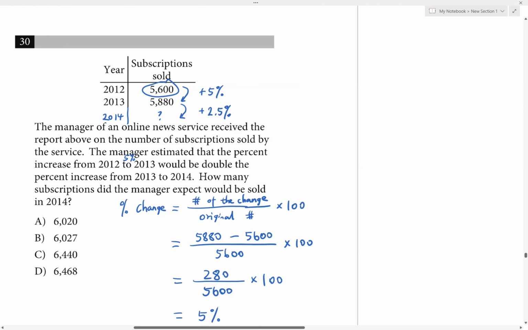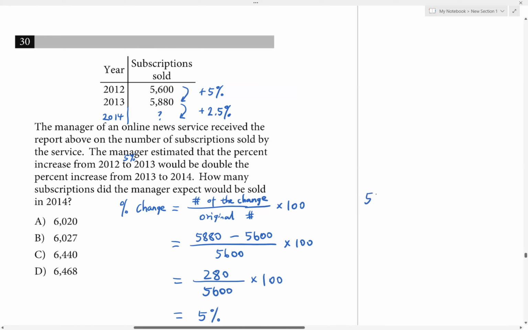So I had to slow down a little bit and read it very carefully. For the second percent change, we can't assume it's getting bigger. It's actually getting smaller, so it's a smaller percent increase. Now we have to figure out what the number in 2014 is. Since it's increased by 2.5%, we already know the percent change. To solve for the new value, we can just do